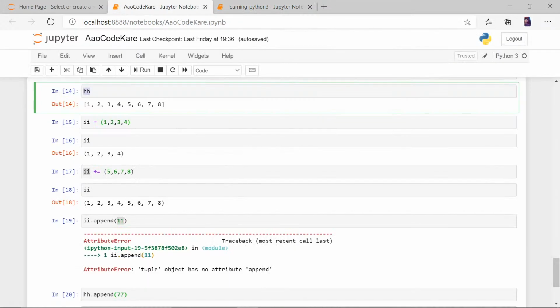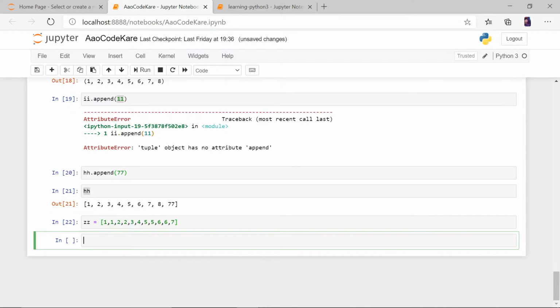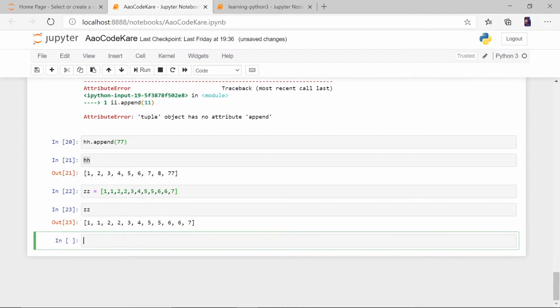So let's say 1, 1, 2, 2, 3, 4, 5, 5, 6, 6, 7. This is some variable z, a list. Let's print z.